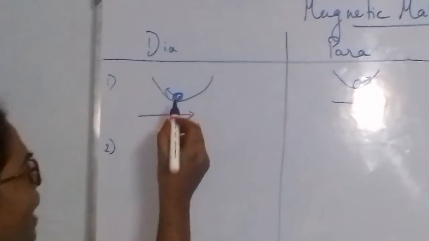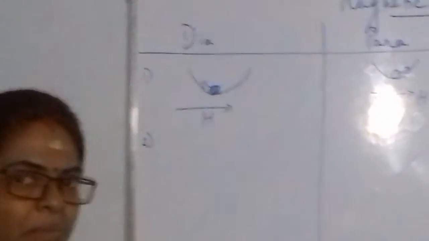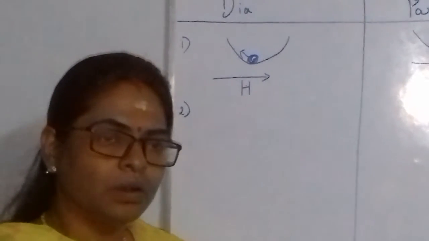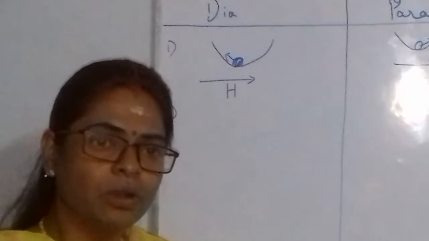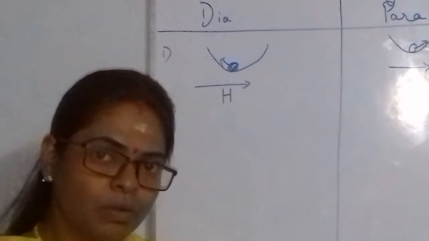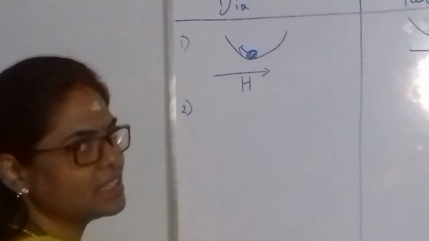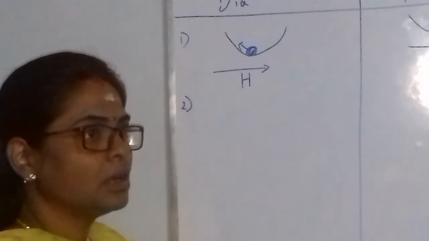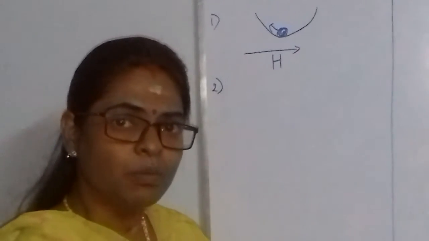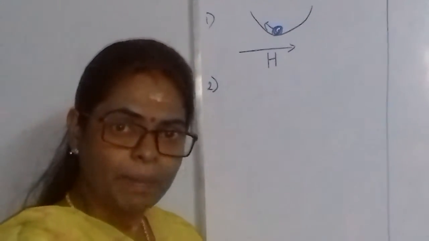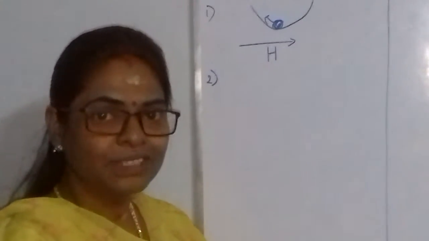Next, why is this material moving opposite to the field direction? In some materials there may be no free electrons, no unfilled outermost orbitals. So there are no excess electrons which will take part in the magnetization process. As we have seen, the orbital magnetic moment and the spin magnetic moment are responsible for the magnetization. So the resultant magnetic moment will have a direction.